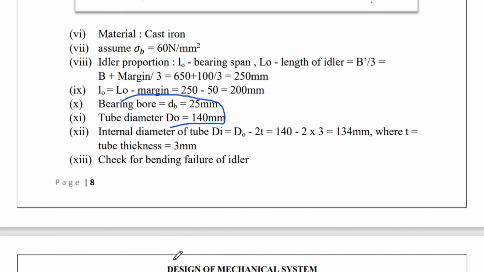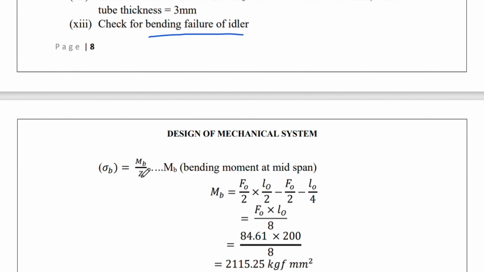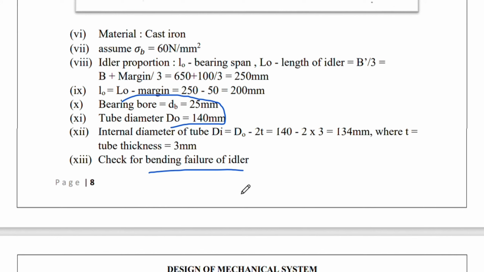Next we will move on to checking for bending failure of the idler. For bending failure of the idler, there is one formula: sigma b is equal to moment at B upon Z. Here moment is the bending moment at mid span. So the moment is equal to Fo by 2 into Lo by 2 minus Fo upon 2 into Lo by 2. So capital Fo we will get from,